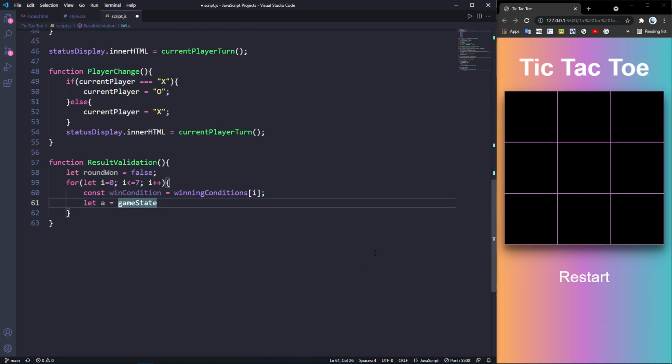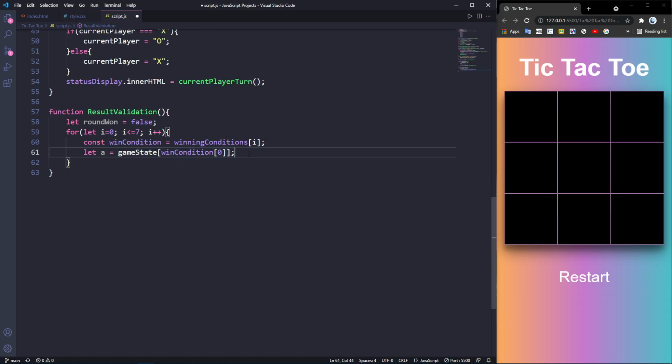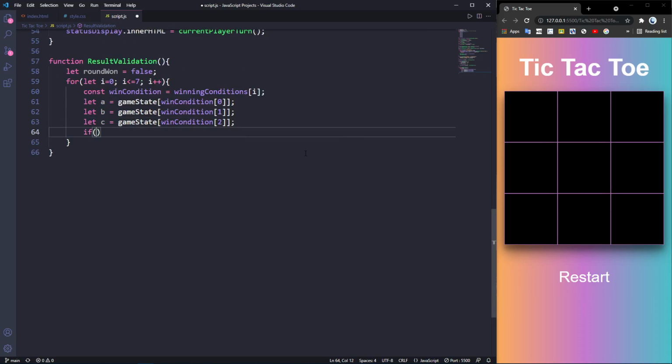Okay, so game state and win conditions and pass by 0. And let me just grab this and paste it two times. So instead of A, we can change to C. So this one we can change to 1 and 2. So what we can check for the winner is if A is equal to empty or B is equal to empty, which means the user didn't click this, and this cell didn't record the X or O, which is empty,